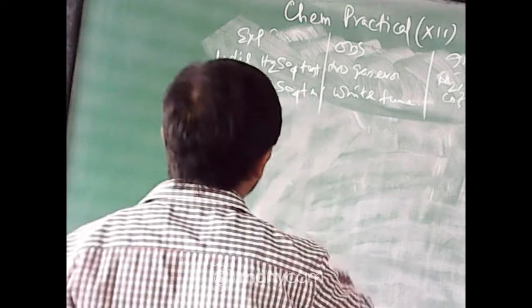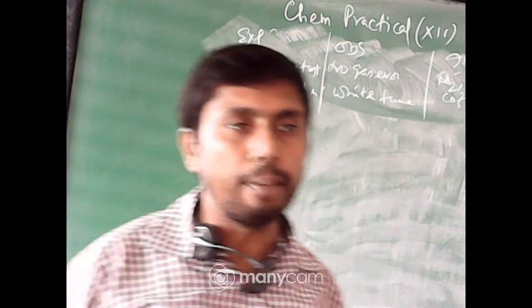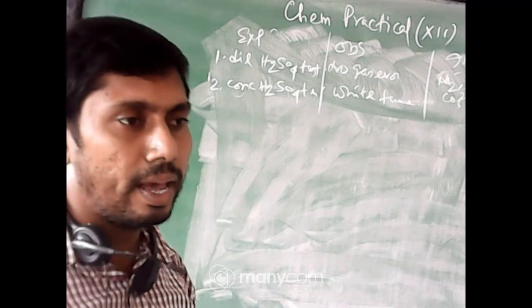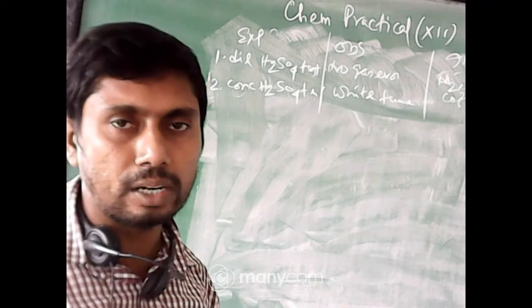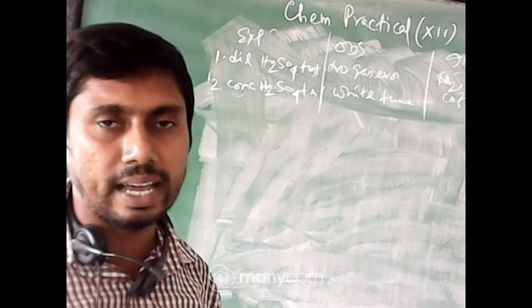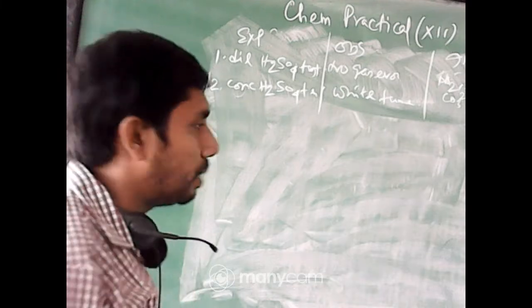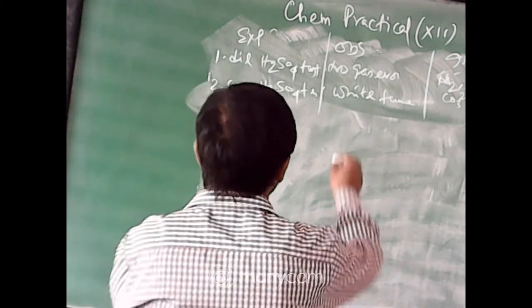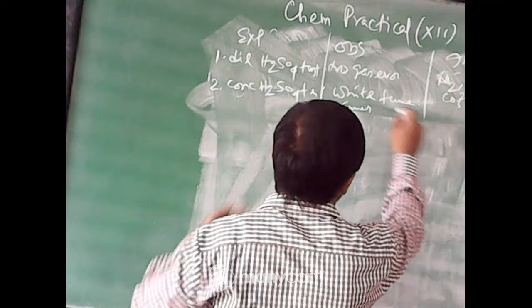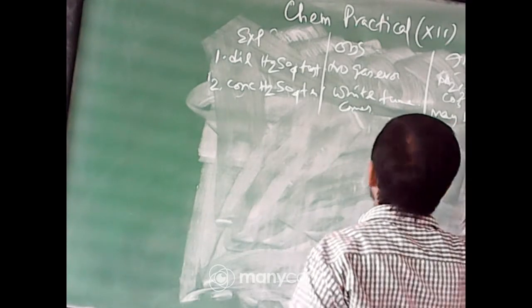And all the experiments, as I told you in the last class, you have to mention in the experiment column, and there will be a particular format to represent the observation. It might be that the characteristic observation is there, or it may not be there. So white fumes come, maybe Cl minus.